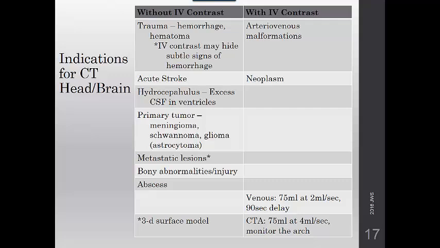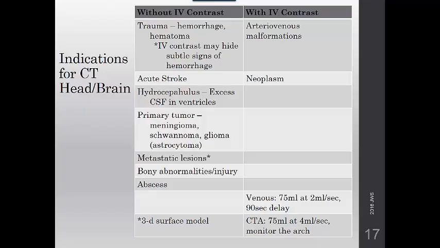Metastatic lesions, these are commonly from lung, breast, renal, or GI cancer. Bony abnormalities and injury, abscess, and 3D surface models, which don't require contrast, so you can build those without IV contrast. And on the with contrast side,